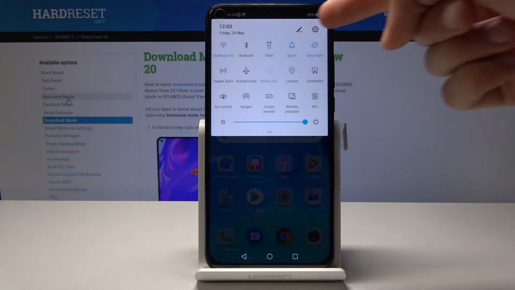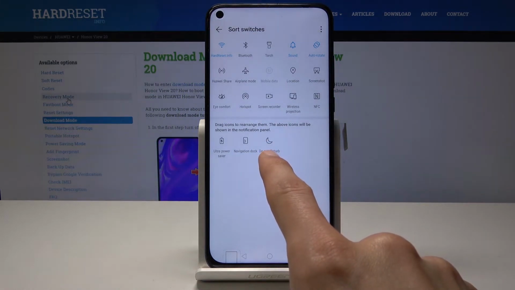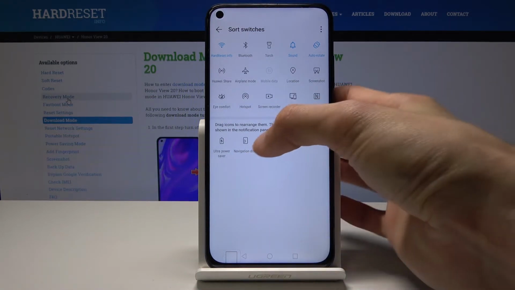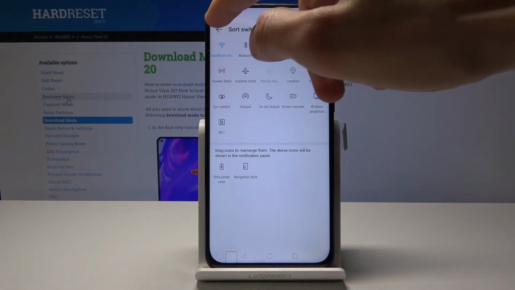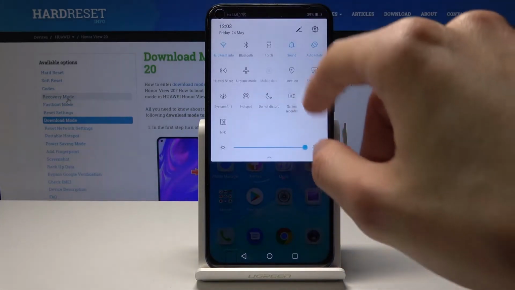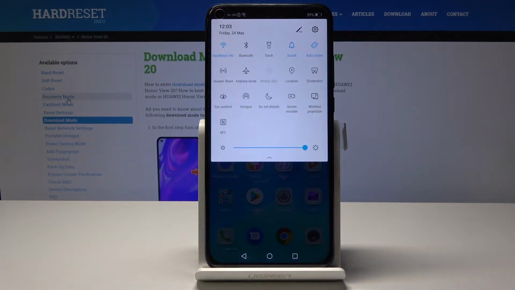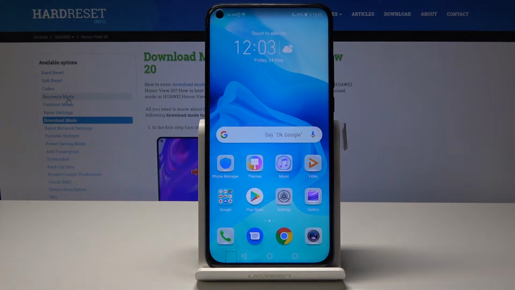And you will see this little pencil icon, tap on it, and you have the Do Not Disturb mode basically as a toggle here. So you can hold it and drag it over here, let it go. Tap on the arrow to go back, and now it's in the notifications. So you can enable it anytime you want, just by tapping on it, and it will be enabled by default,